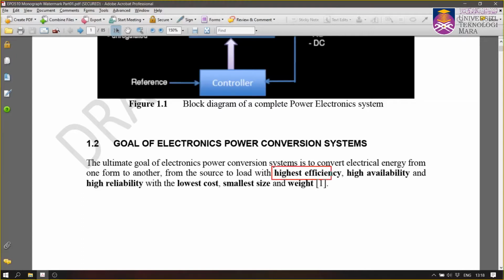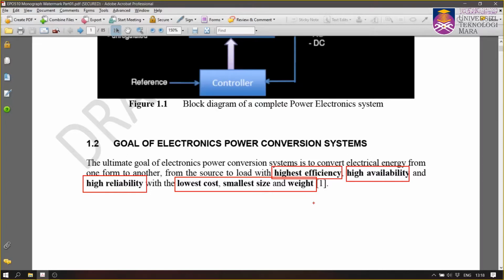It's a key point again: highest efficiency, high availability, and high reliability, with the lowest cost, smaller size, and weight. So in order to design a power electronic conversion system, we need to consider the efficiency, the availability, the reliability, as well as the cost, the size, and the weight, because it is not